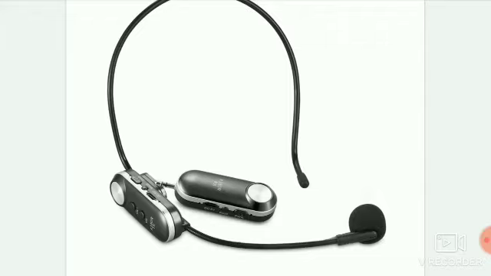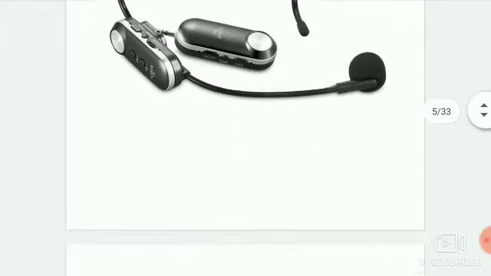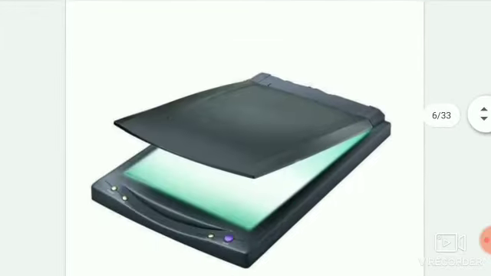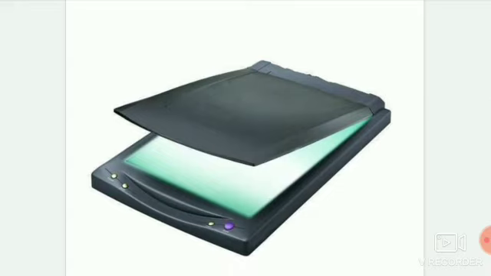After microphone, the next input device is scanner. A scanner is a device that is similar to a photocopy machine. It means it can convert the hard copy into the soft copy. We can use this device to transfer an exact copy of a photograph or document into our computer.